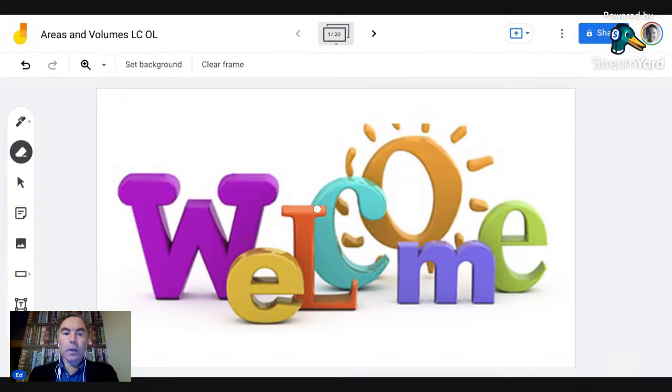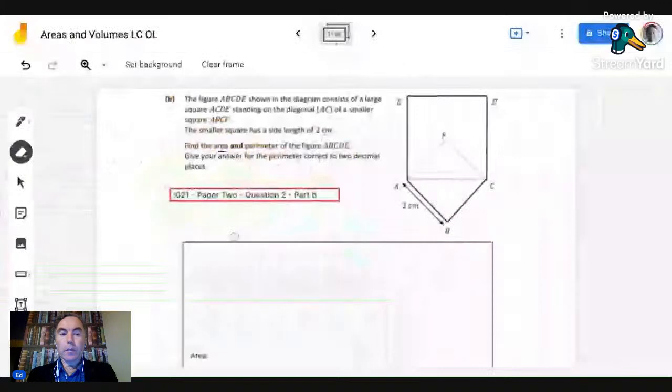We're covering areas and volumes this evening, and it's a Leaving Cert Ordinary Level subject. All right, so let's look at the first question from